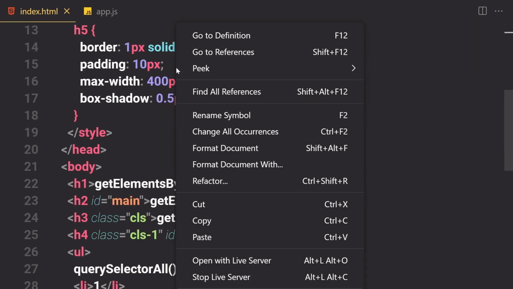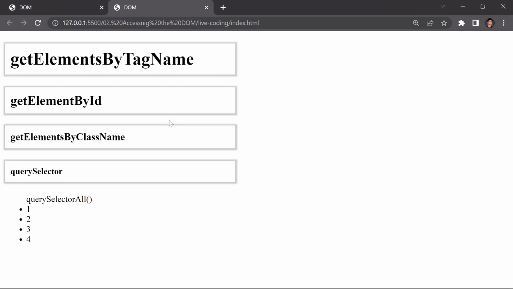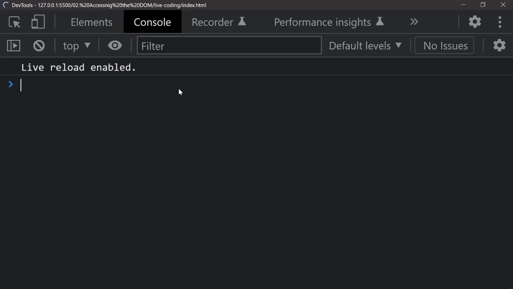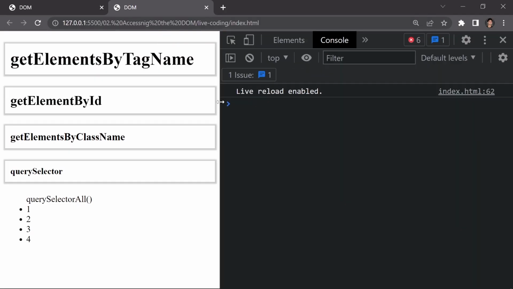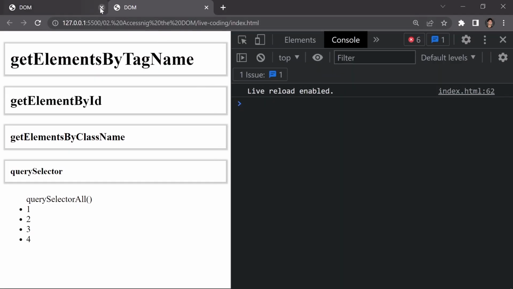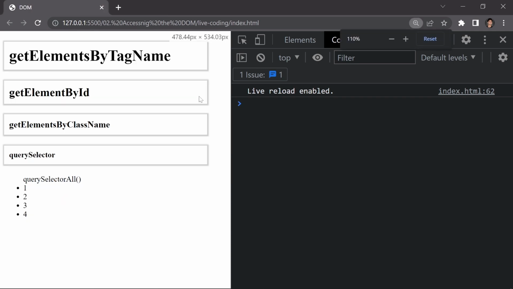So if we just right click on it and open it with a live server, it will now open our file in a live server. And I'm going to be also opening my developer tools. I'm going to stick that to the right like so, and this is how it looks right now. Okay, so say bye bye to the other one,